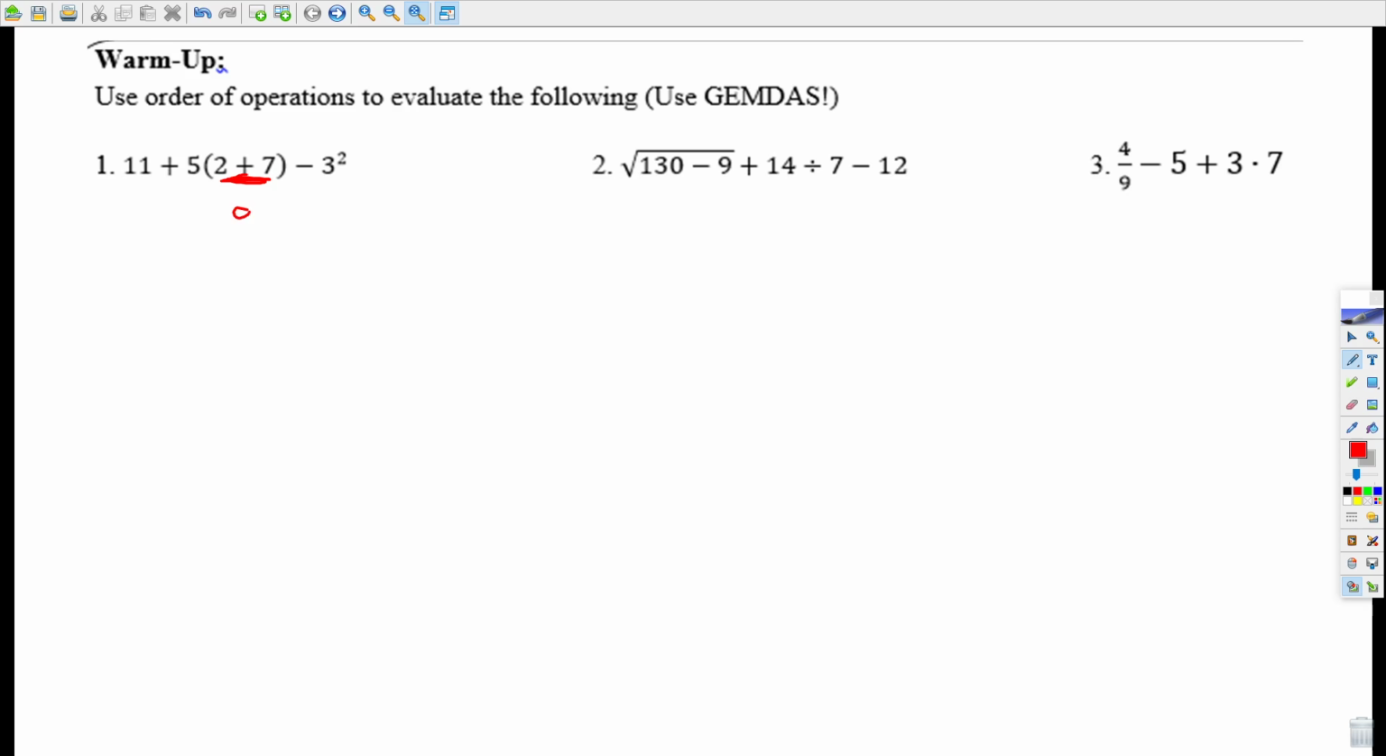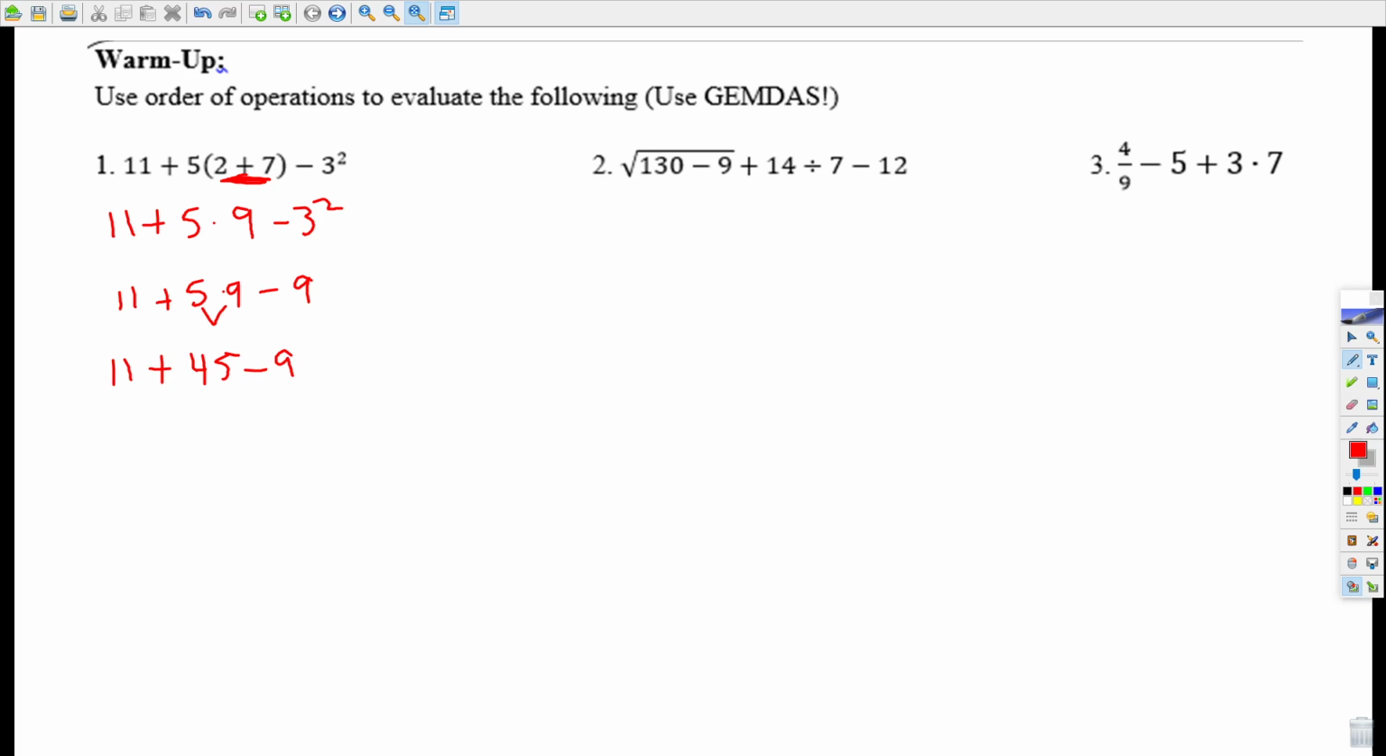2 plus 7 is 9, and we're going to multiply that by 5 plus 11 minus 3 squared. And the next order that we do is exponents. So you got to square the 3, which becomes a 9. 5 times 9 plus 11 on the outside. And then now we're done with both of those, we get to do some multiplications. So we multiply these together, get 45